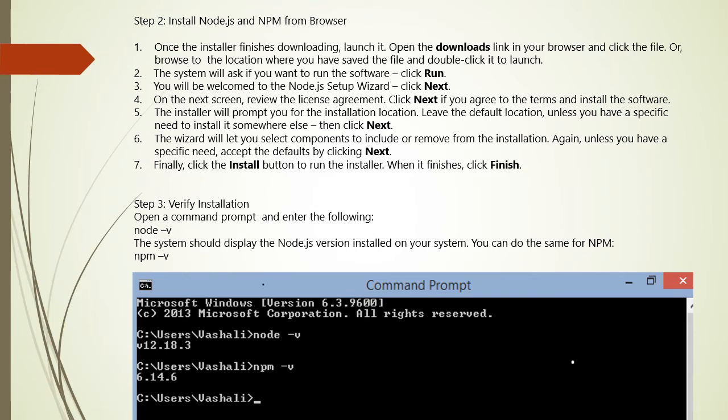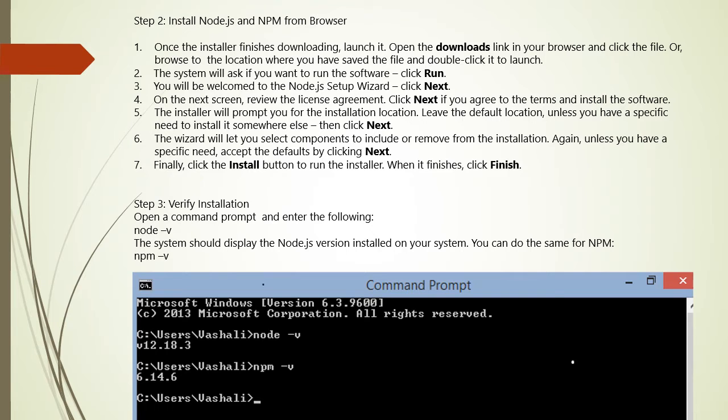Click Next. On the next screen, review the license agreement. Click Next if you agree to the terms and install the software. The installer will prompt you for the installation location. Leave the default location unless you have a specific need to install it somewhere else, then click Next.